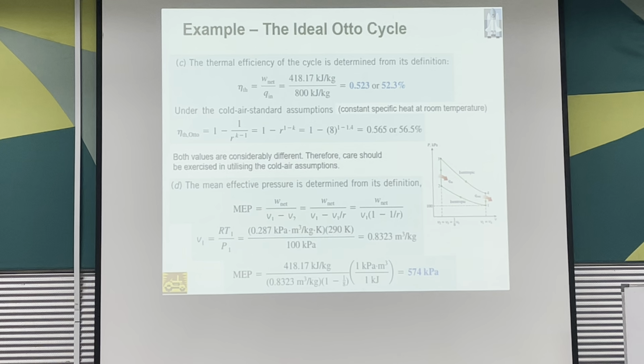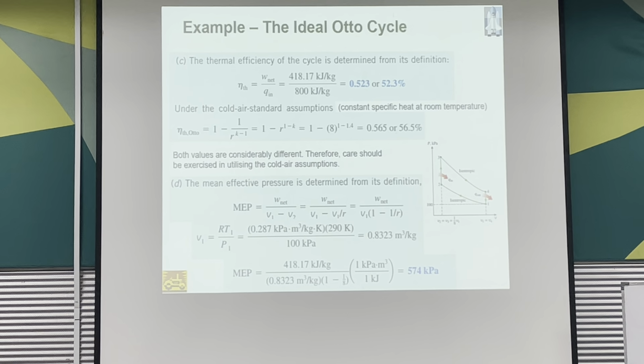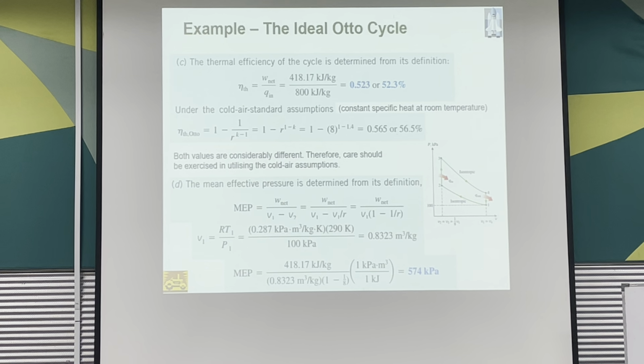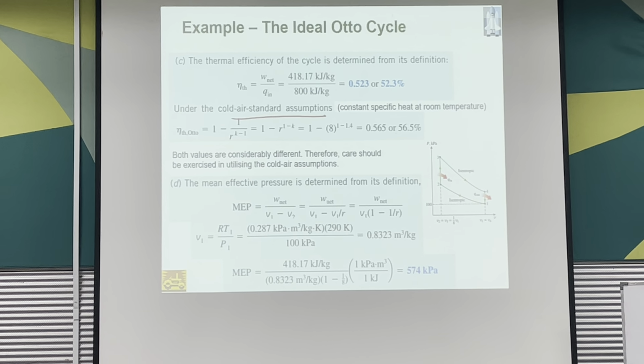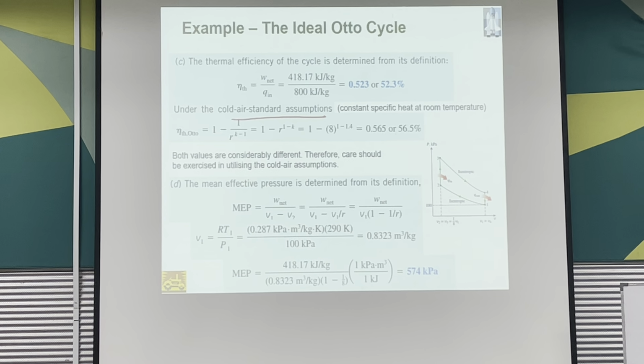Then with the work net over Q in, you can get the thermal efficiency. Again, you don't need to find work net also. You can just use 1 minus Q out over Q in. It's the same thing. The second part is not necessary, we are just proving it. If you use the cold air standard assumption and the thermal efficiency equation that we derived just now, you will see that what you get here is slightly higher compared to using variable specific heat,